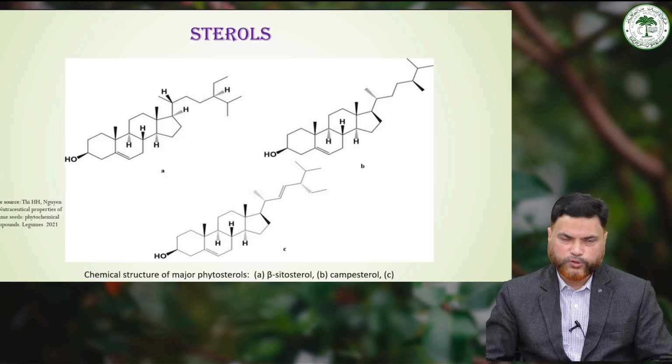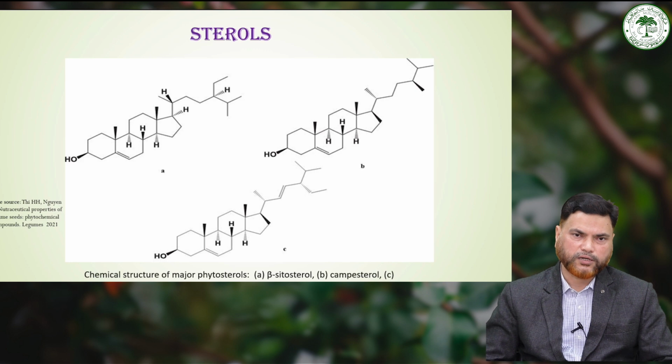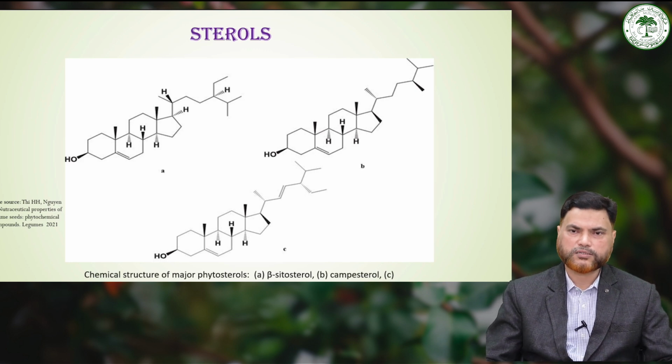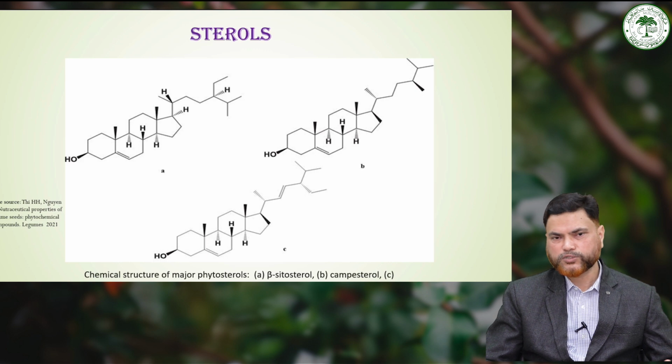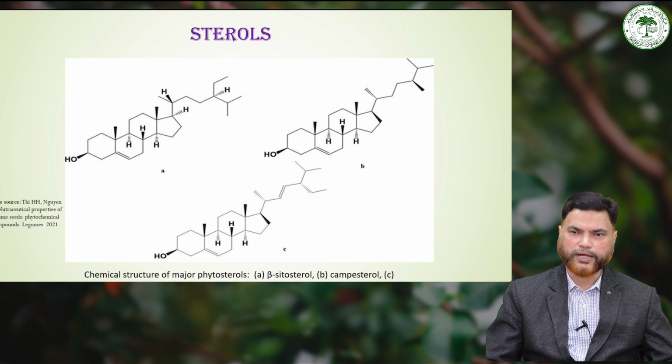Now, another compound is sterol. Sterols are known as steroid alcohols, and they are a very important class of organic compounds. The basic structure of the steroid nucleus is made up of four fused rings, as you see in the figure, three with six carbons and one with five. One of the sterols is cholesterol, which is present in the plasma membrane of only animal cells,